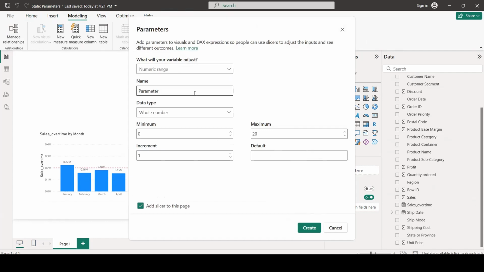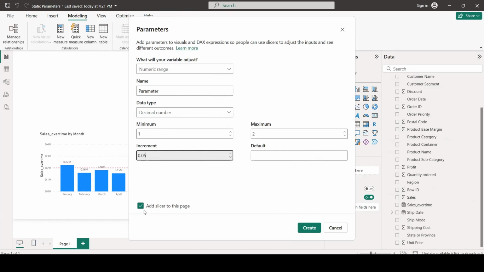We can just give a name, or we can leave it like that, parameter. We can choose decimal number, and in the minimum side we need to add a number. I will say 1, maximum would be 2, and I will choose an increment of 0.05 because I want to simulate the data from a 5% minimum increase.